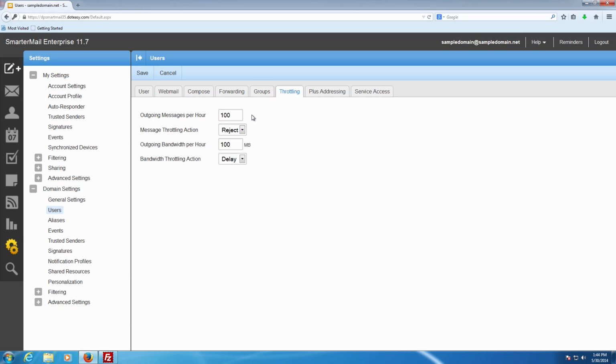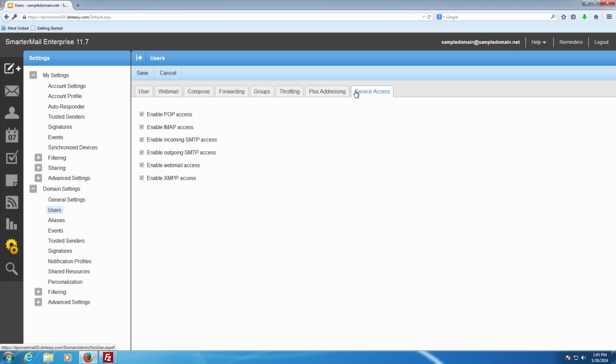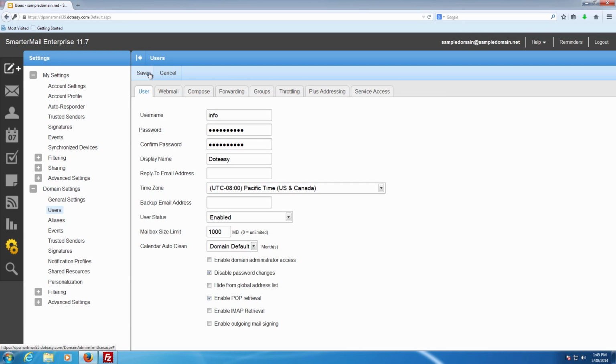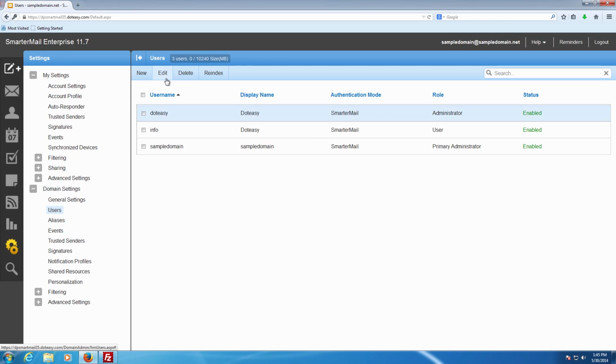For the throttling, this allows you to control the user's outgoing email, how many emails they can send per hour. There is definitely a server limit, which will always override whatever you set here. But this allows you to control your own users to see how much they can send. The addressing in the service address, we'd suggest not to modify at all and just leave it the way it is. And then once we're ready to set it up, we just click on save at the top